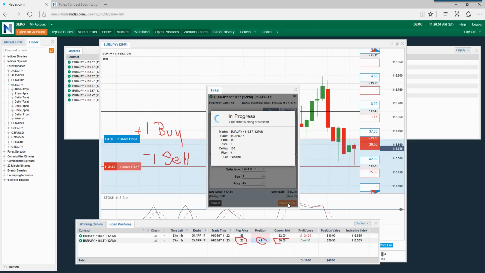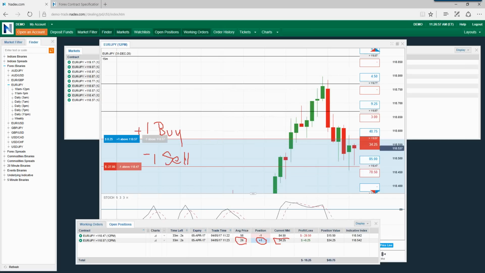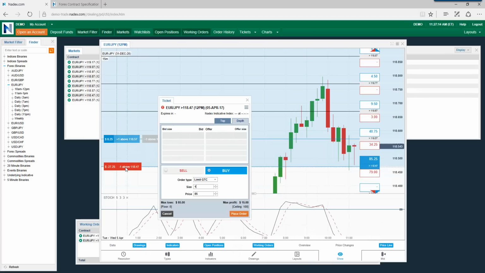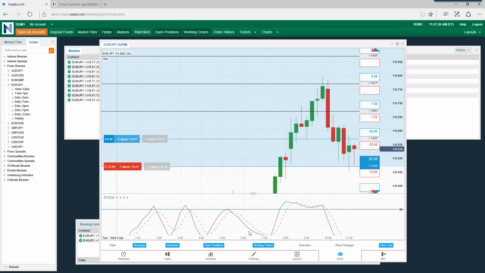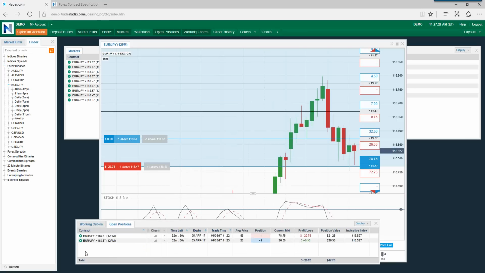Okay? That's very simple. On the short position or the sale, okay, I need to set a price that is lower than what my average price is. Okay? So I'm going to click on it and I'm going to set an average price below that. And I'm just going to do it at 30. Okay.